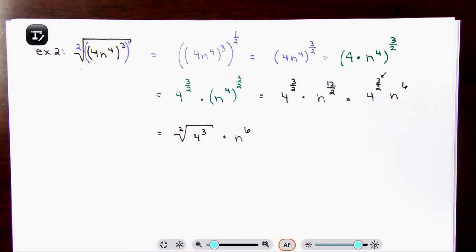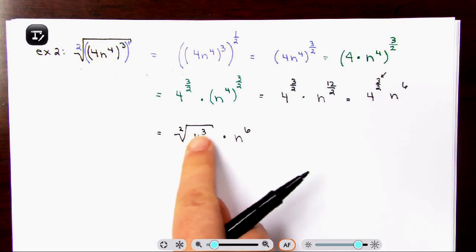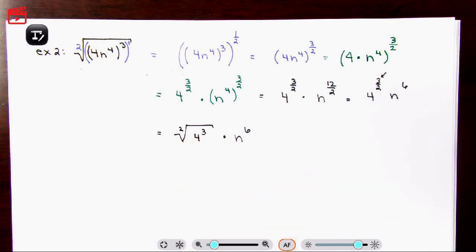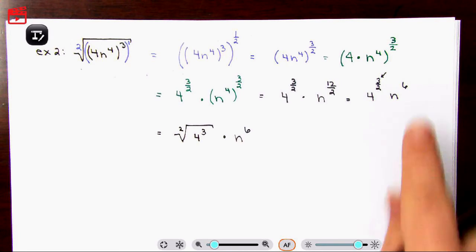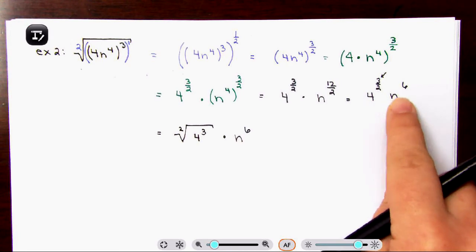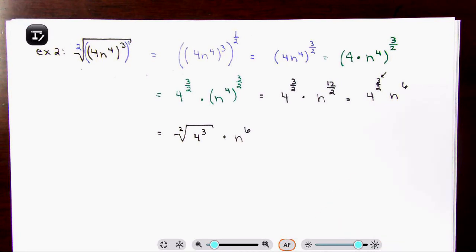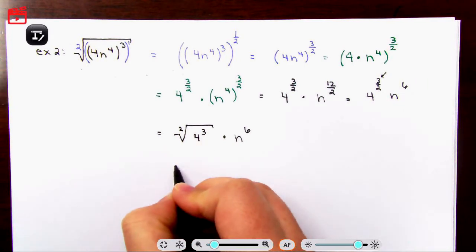Now, I'm not putting n to the 6th power inside here because there is no exponent that is a fraction on my n. No fractional exponent means it's already been simplified and we don't put it back in. All right, so what does this look like? This looks like